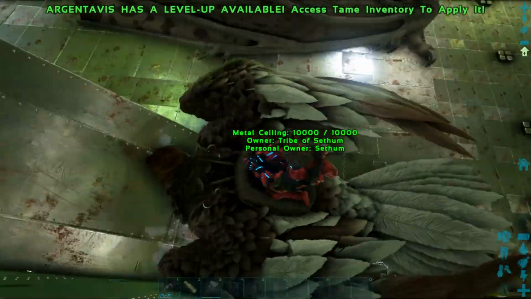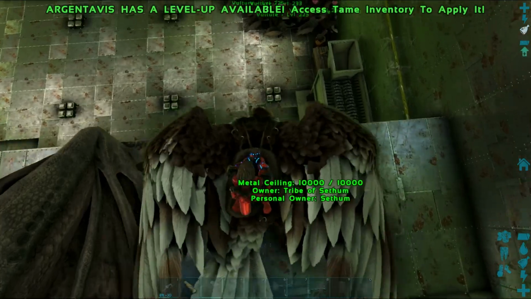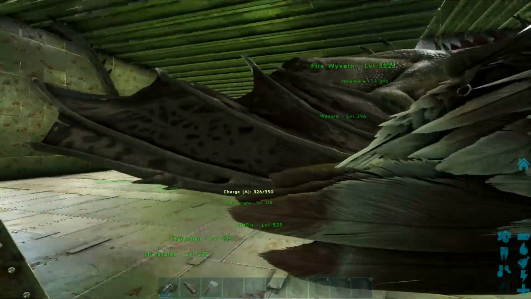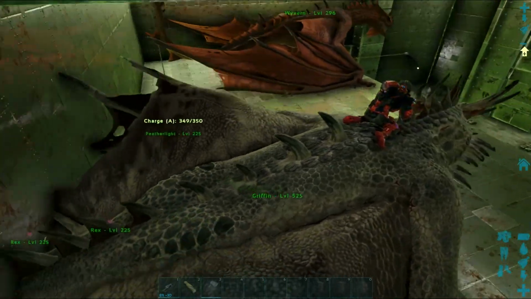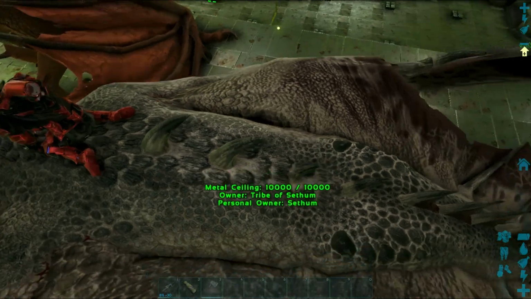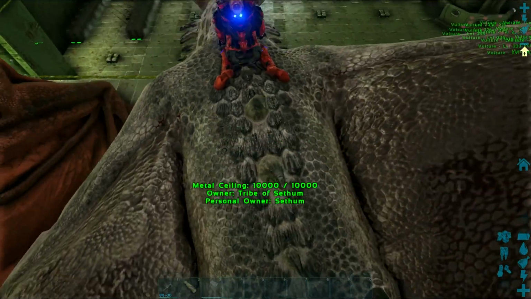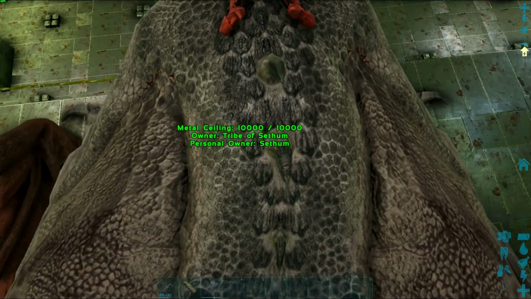Once I finish, I will put these guys back and we will have a look at some other dinos and what it looks like in terms of breeding. Once I've got the egg, I will then incubate them and show you folks how to look after your babies. Now do bear in mind that my babies will mature ridiculously quick. As I said before, and I will mention it several more times throughout the video, I have increased the speed